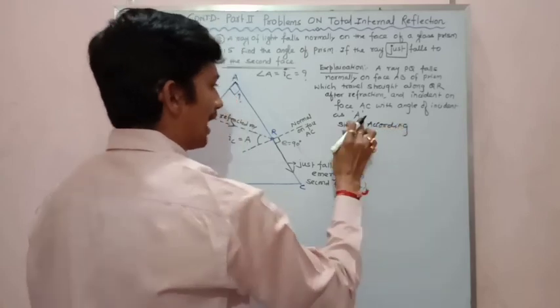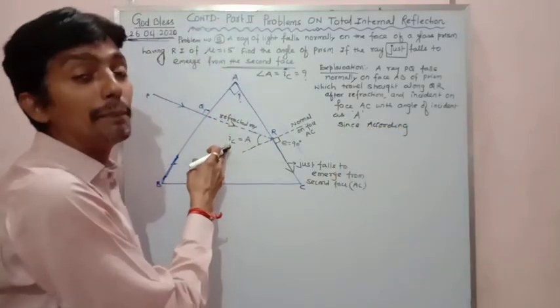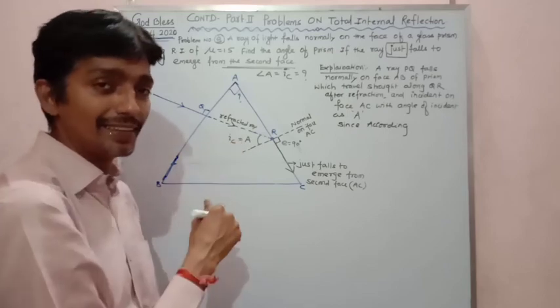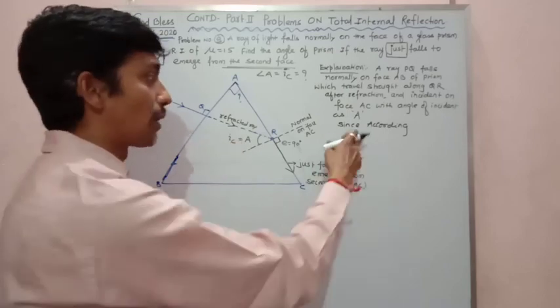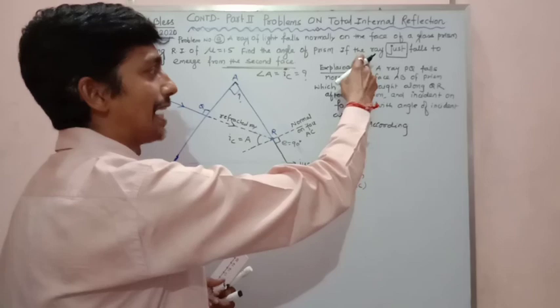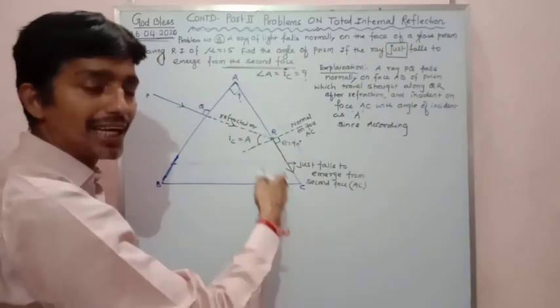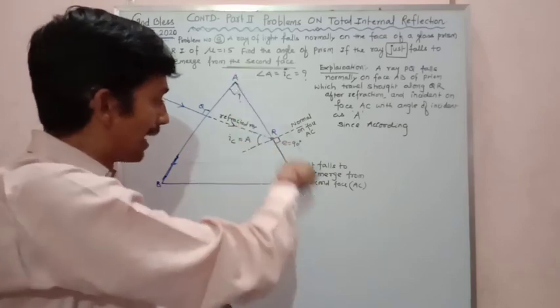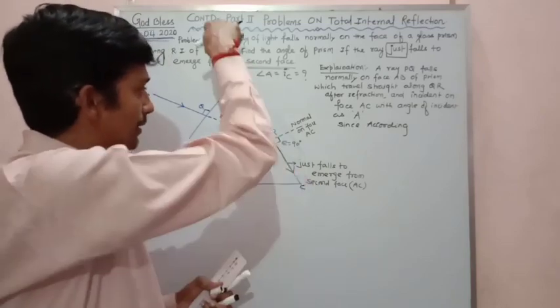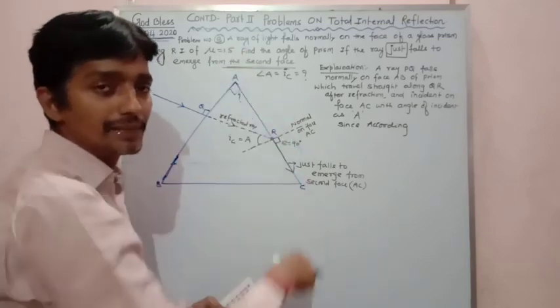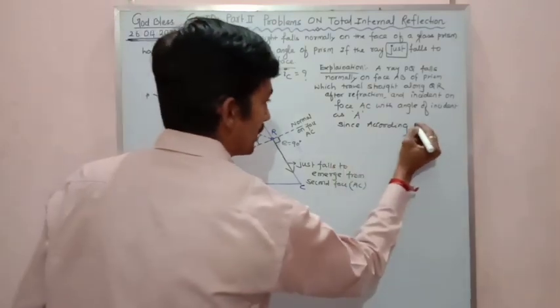now how did A become IC, how did I come to know that A is IC? According to the question, because the question says that the ray just falls to emerge. Just falls to emerge, matlab it will be grazing along this surface AC. So since according to the question,